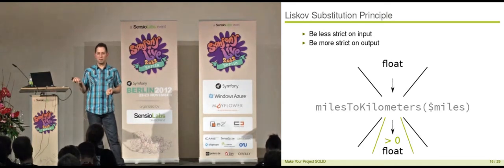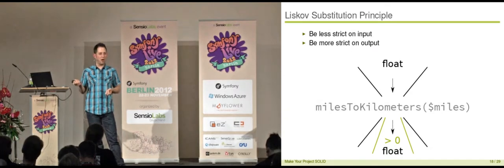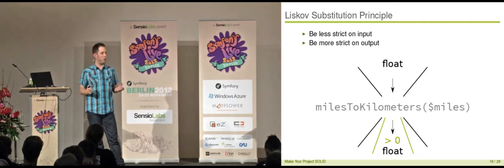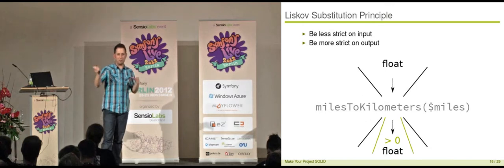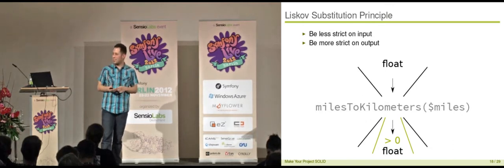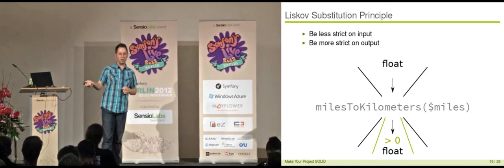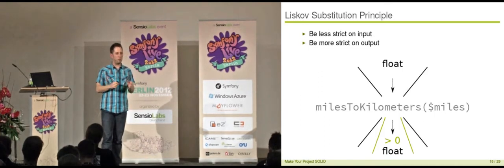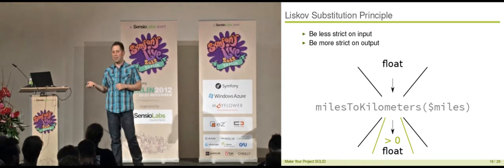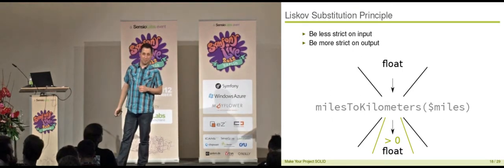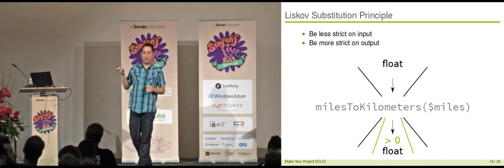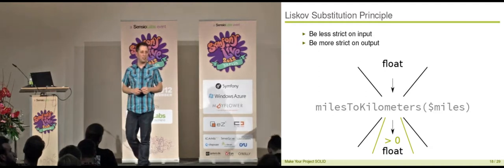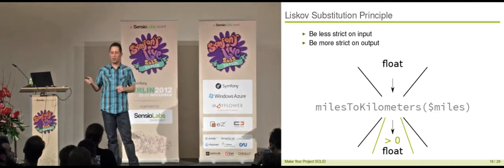PHP also warns you about some of these cases. For example, if you have a type hint and want to change the type hint in a derived class, you get an error where people are mostly complaining on the PHP internals mailing list, like, well, PHP gives me a weird error, I cannot replace the type hint with something else, but it's exactly that. Never do that. And so many people do it, like, oh, I cannot solve it the other way. If you are in need of doing something like this, do yourself a favor and think how you can refactor that stuff in order to make it better, because otherwise chances are really high that you break your complete project with just one inheritance.